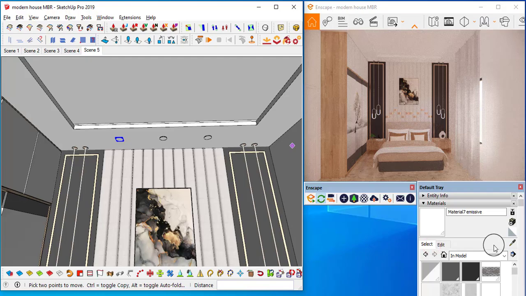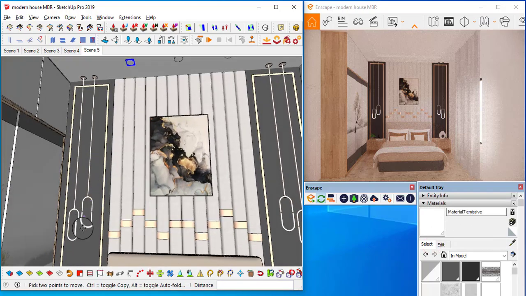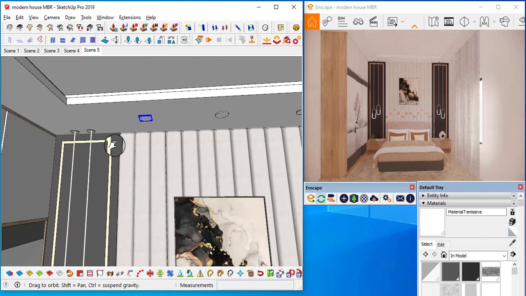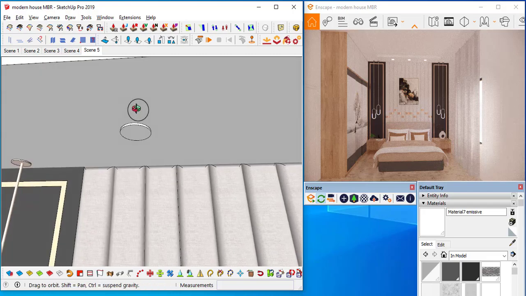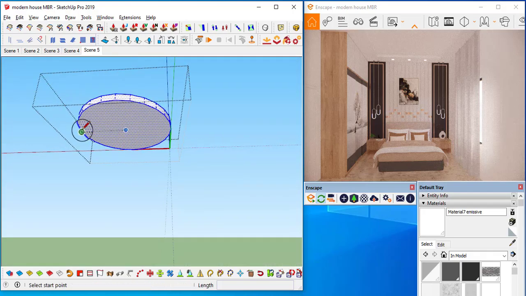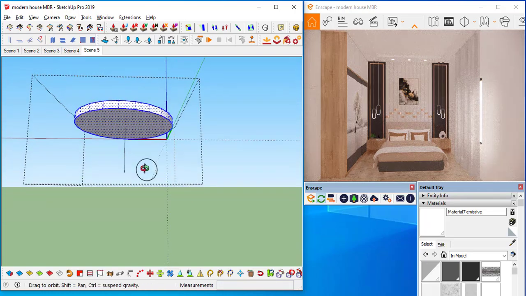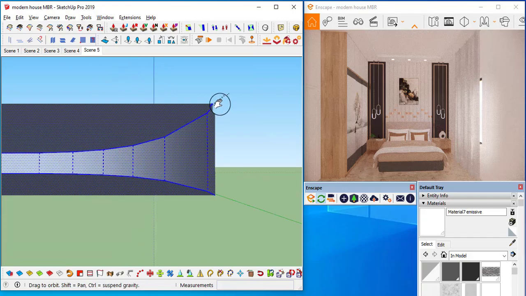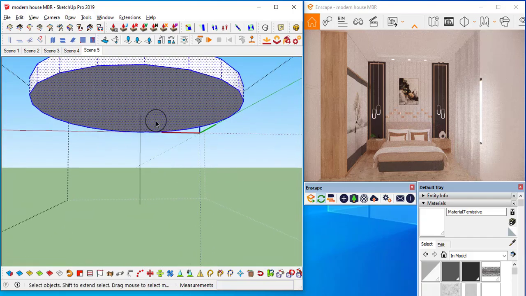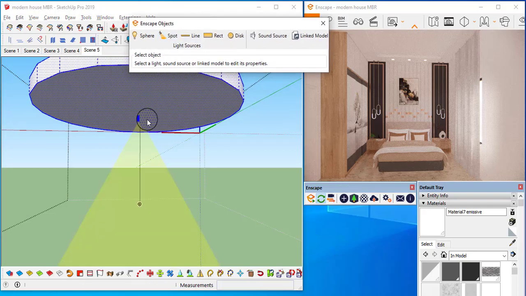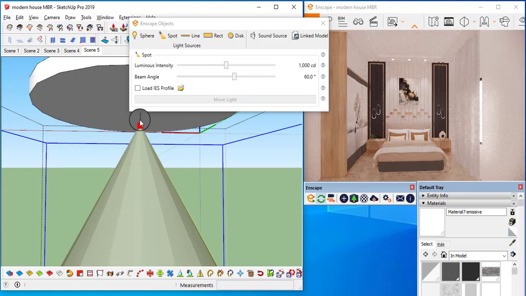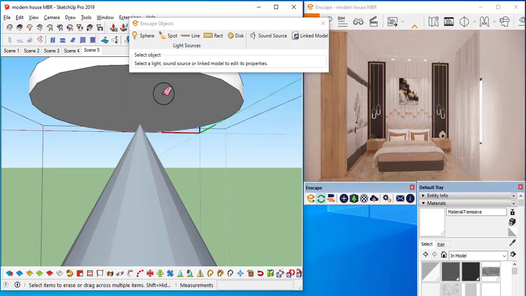I can sample the emissive material from here and double click to apply to this light, and I will draw a center line. Trace this center and draw a line so that we can trace it while creating the spotlight. This one for the landscape objects, spot, center, these two for the source and these two for the endpoint. Erase, and some lighting is getting in here.